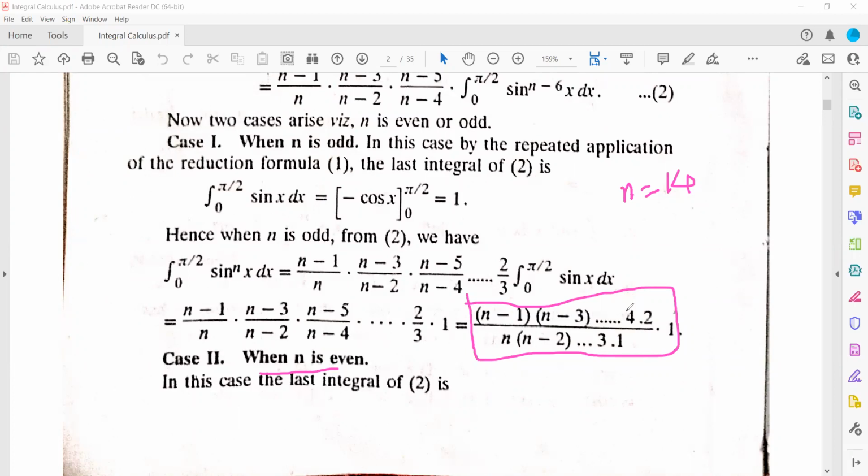2, sir. Not 2. It should be 0. Yes, 0 is also something you can consider as a non-negative integer, no? 2 is greater than 0. So the power of sine in the last term will be 0. It should not be 2. You will get 2, but before 0, you are getting 2.